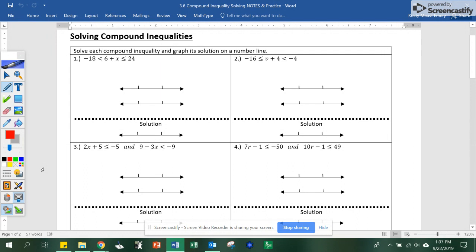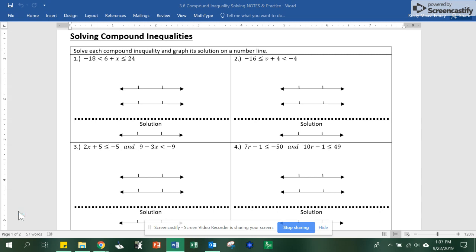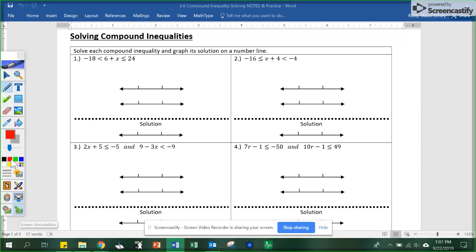In this video, we'll be learning how to solve and graph compound inequalities. So number one, you'll see there are two inequality signs in the statement we're given. So if we take a look, you see both inequality signs. And so when you see something like this, the first thing you want to do is split it apart into its own two inequalities. So I'm going to first do that